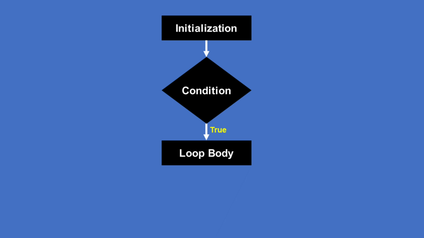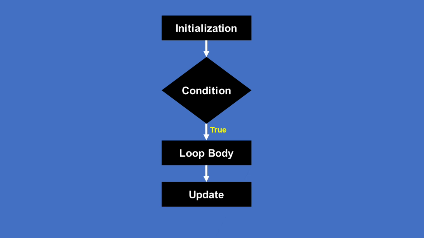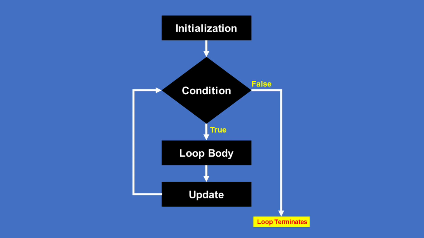As the loop completes its instructions within the body, it moves to the update phase. Here, the loop control variable is updated. This update prepares the loop for the next iteration. The update operation is typically an increment or decrement, depending upon the desired direction of the loop. Now, the loop circles back to recheck the condition. If the condition remains true, the loop continues and the loop body is executed once more. This cycle of condition check, loop body execution, and update continues until the condition becomes false. This systematic sequence of initialization, condition evaluation, execution, variable update, and repetition defines the essence of how a for loop